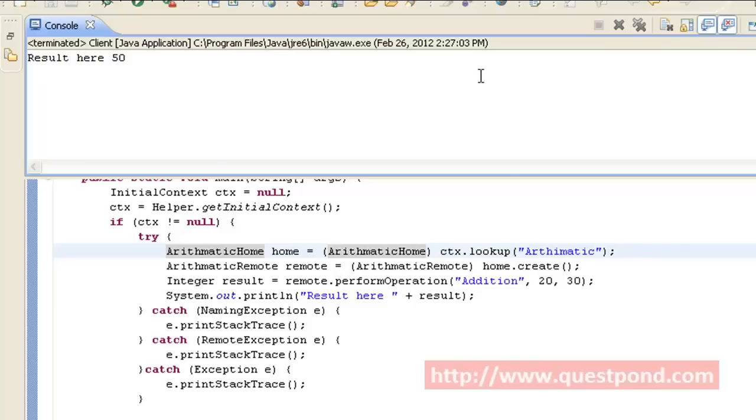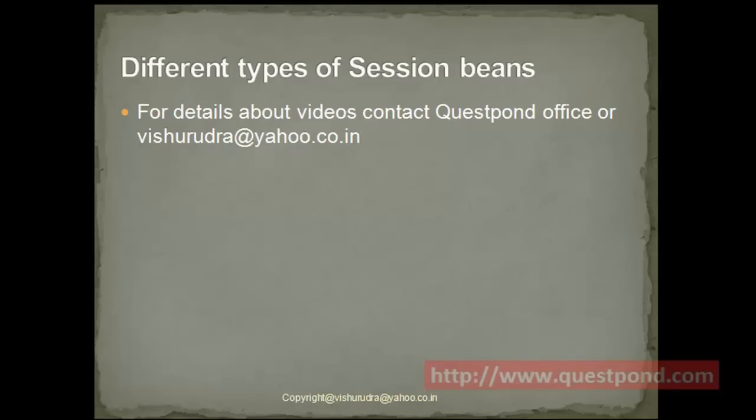One thing which we can see from this example is that the end client of an EJB need not necessarily be a web application. Even a standalone application can invoke a call on an EJB if the business process remains the same, thus enabling different types of clients to connect to the same EJBs. Next, let's deal with different types of session beans.